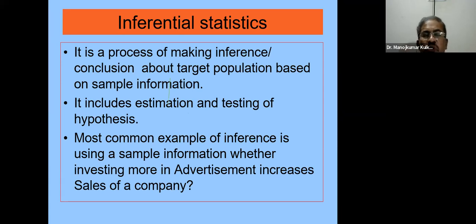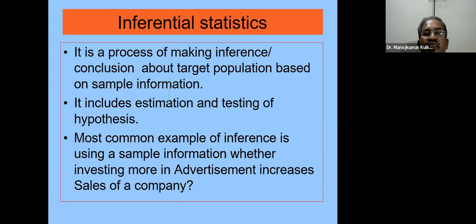So whenever a new drug is tested, what is the cure rate among the new drug? What is the cure rate among the standard drug? If the new drug shows a better cure rate, suppose the new drug cure rate is 80% and the standard drug is say 50%, is this difference due to chance or not? So based on the sample, we want to confirm that in a larger sample, in the target population also, this holds. So we use these inferential steps.